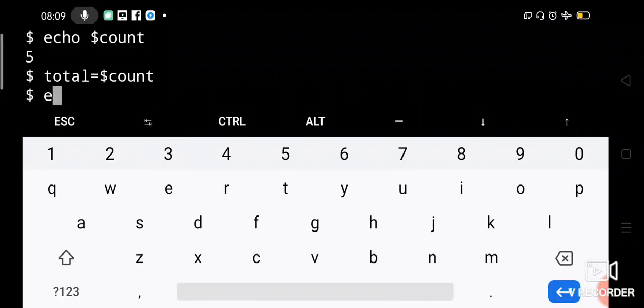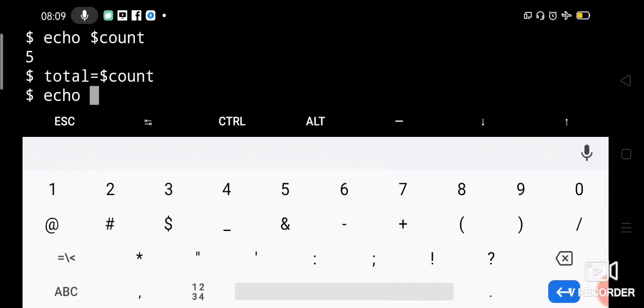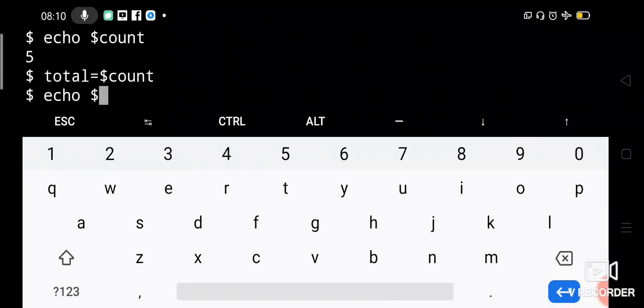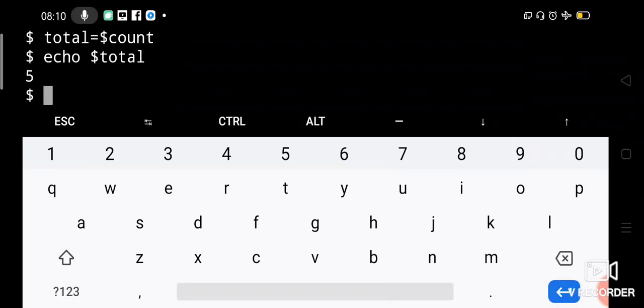Now to display the value of the total variable, you can use echo $total, which will display the value of the variable total, which is again 5. Because count is 5, the value of count is assigned to total, so total will also become 5. Okay.